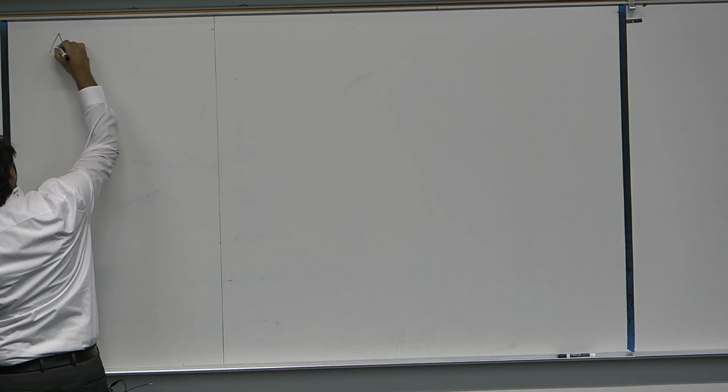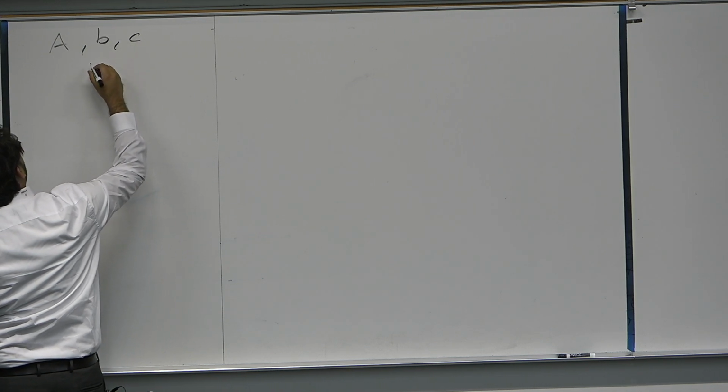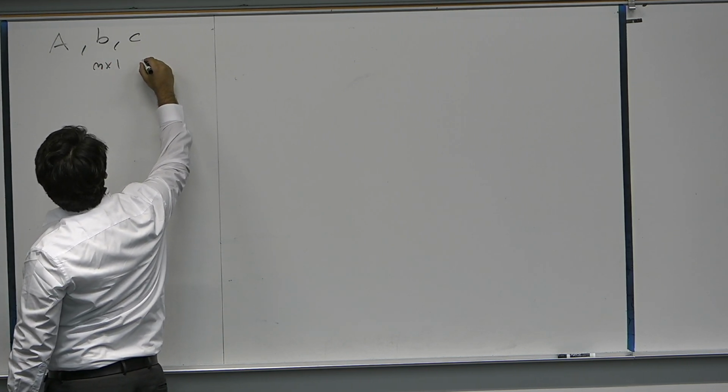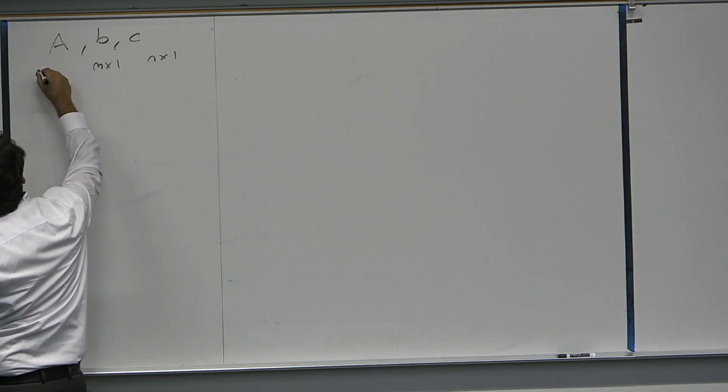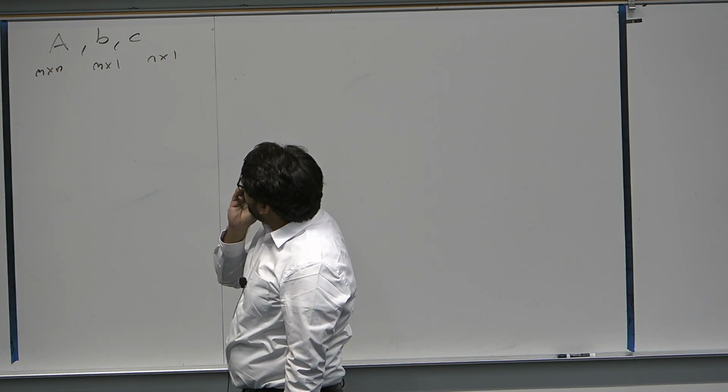So what we may say is that if you notice here, we have really some coefficients and some constants on the right-hand side and then some constants in this objective function. So we may say that we have a matrix and two vectors, where B is going to be an m by 1, C is an n by 1, and A is an m by n, right? And we wish to find